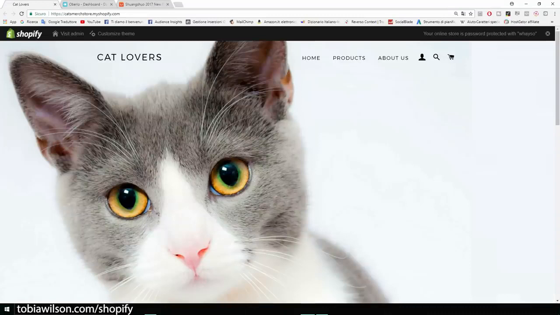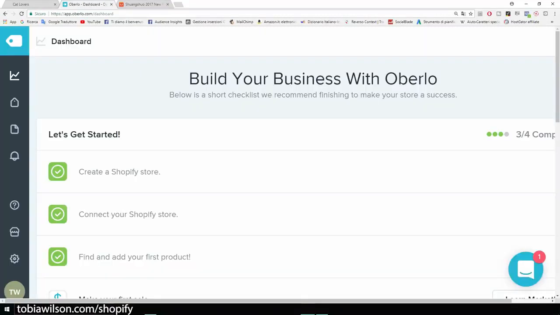Guys, I almost forgot the most important part, which is the order fulfillment. When you receive an order, the best way to fulfill it is to use Oberlo. Oberlo allows you not only to import products from AliExpress, but also to fulfill the orders with just one single click. So when you receive an order, you want to go to the Oberlo dashboard, and then on the left